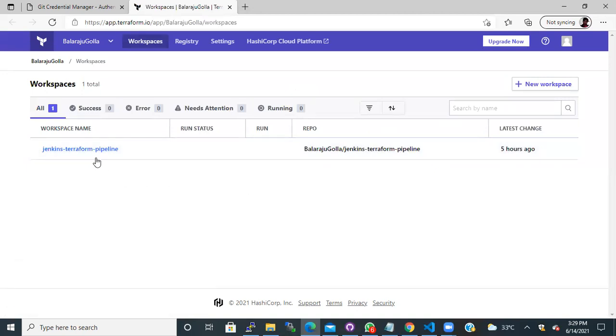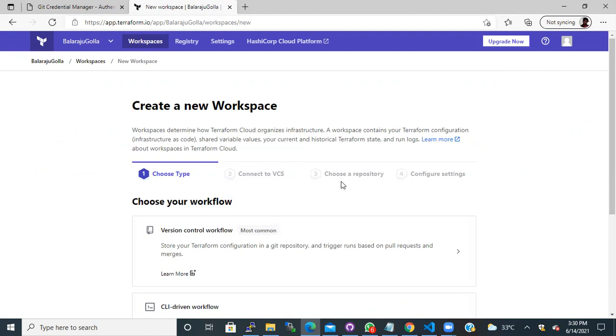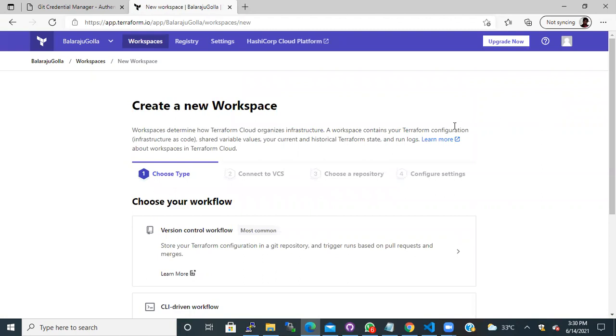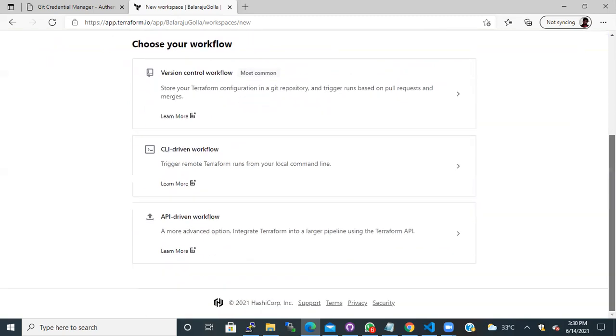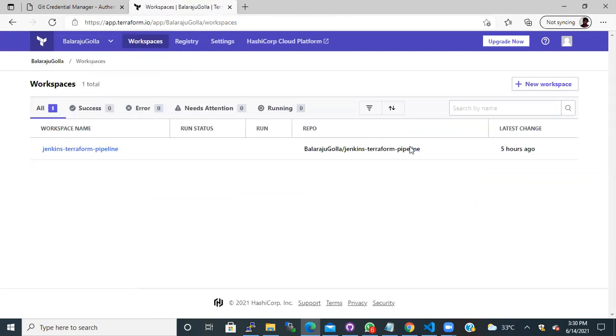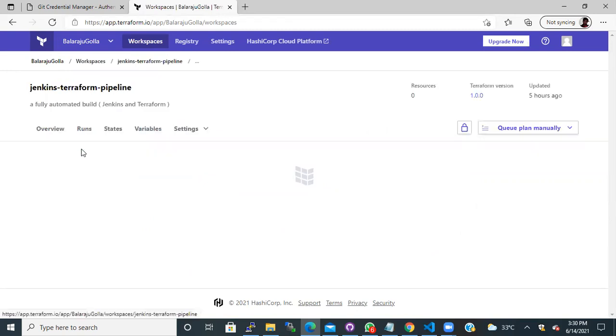I have just started exploring it, not fully ready, but this is how you need to create a workspace and integrate that with GitHub. I'm not fully ready yet to show you how to integrate that with a Git repository and configure the APIs, etc. I've already created the same pipeline that we have created.